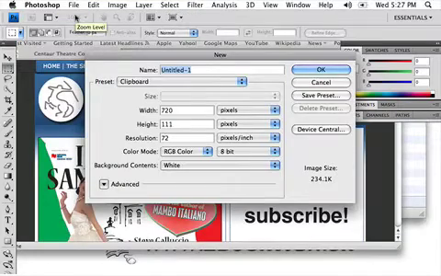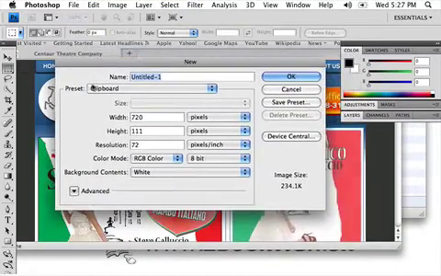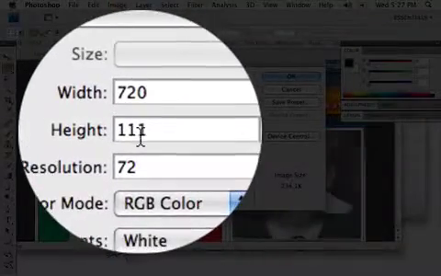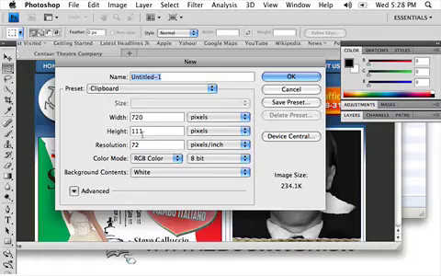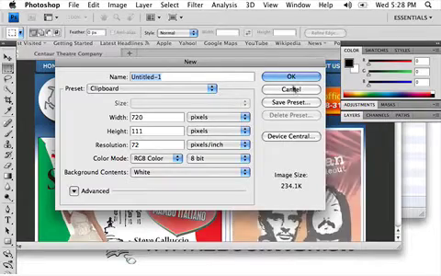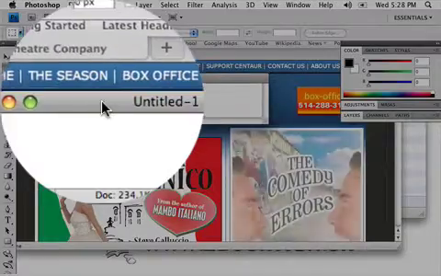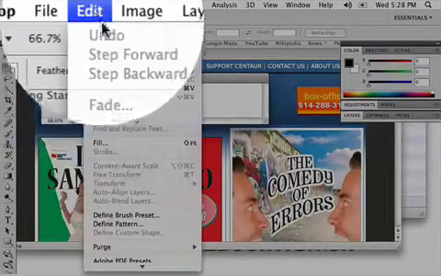Now Photoshop will automatically, when I ask for a new canvas, suggest a canvas that's the size of the image that I just copied into my clipboard. And if I click OK, here you go, we get kind of a banner sized image. And if I go paste,